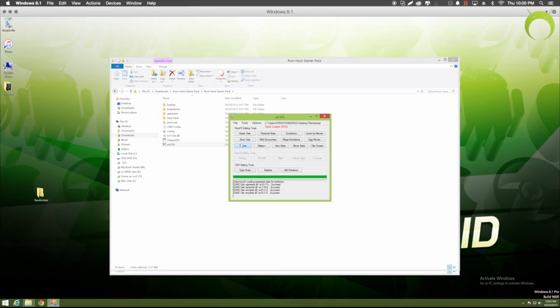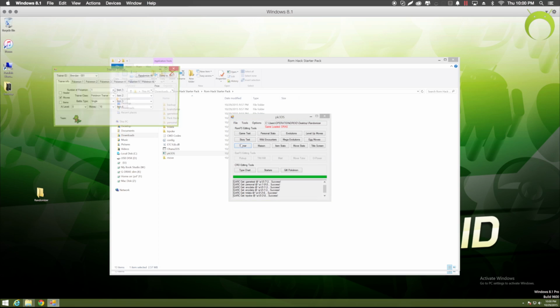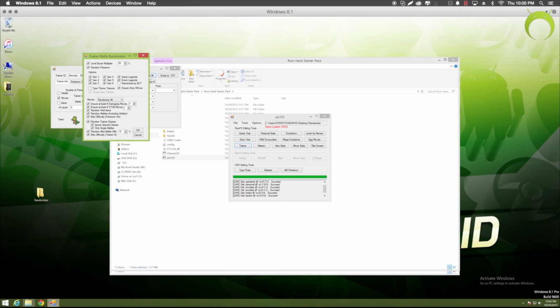As always, once you're done, wait for the green bar to completely load. Next, you can also randomize the trainers' Pokemon. Now, this will take a whole lot of time because there's tons of trainers in these games, and all you have to do is hit the randomize all button, and here you can kind of mess with how you want to randomize the trainers' Pokemon. It's up to you how you want to mess with it, but make sure you know what you're doing when you're unclicking and clicking things. But I'm just going to leave it exactly how it is because it's pretty solid like this. It'll make for a great randomizer.